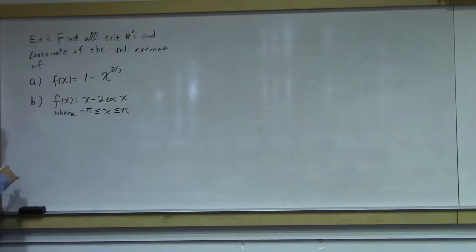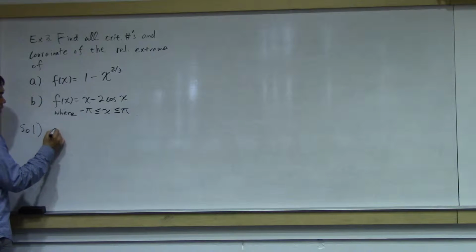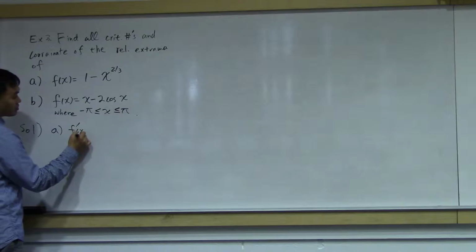Okay, let's think about these two functions. We're still trying to find the critical numbers and coordinates of the relative extreme. Solution. First, for A, f prime of x gives you